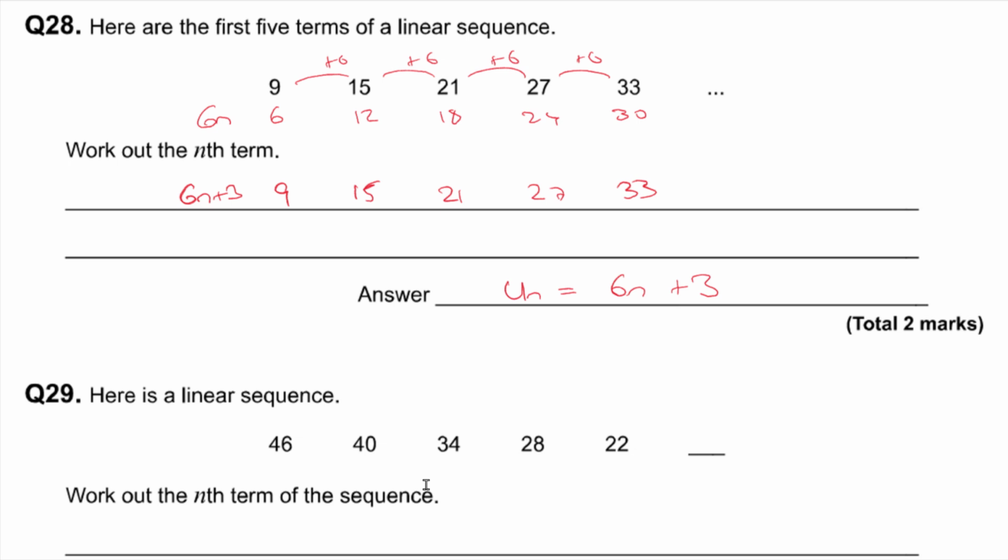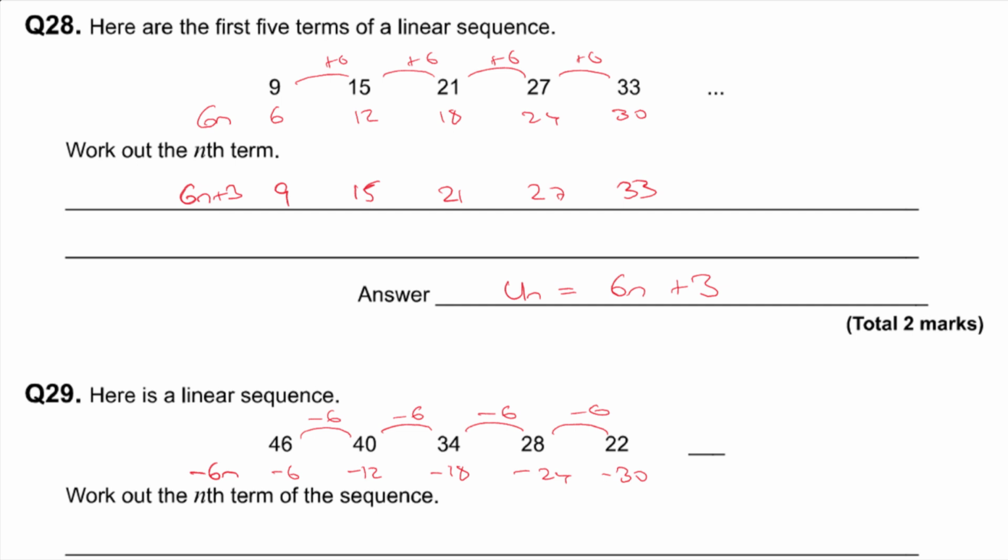The next one, this linear sequence, this one's actually going down, isn't it? It's minus 6, minus 6, minus 6, minus 6. Now I know a sequence that goes down in 6s. It's minus 6n. Minus 6n goes minus 6, minus 12, minus 18, minus 24, minus 30. Now you might be thinking that looks nothing like the